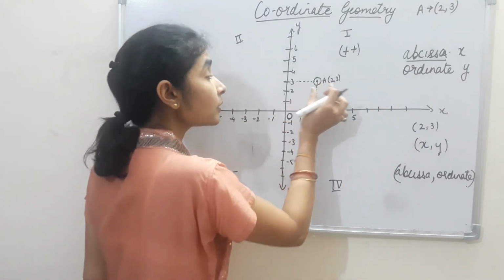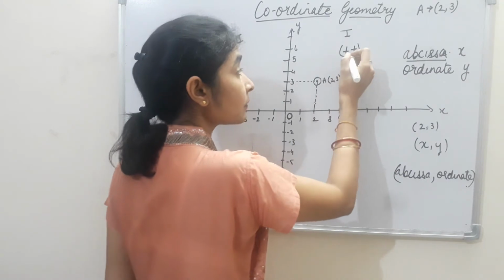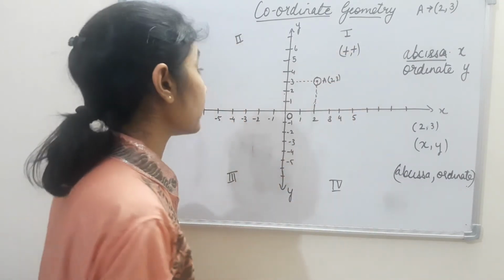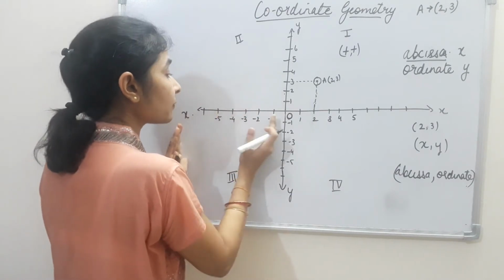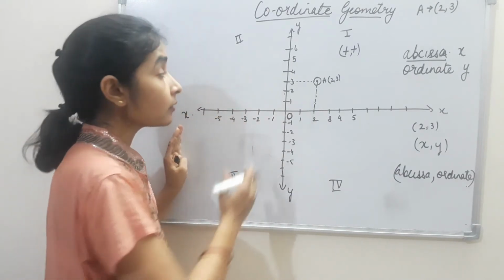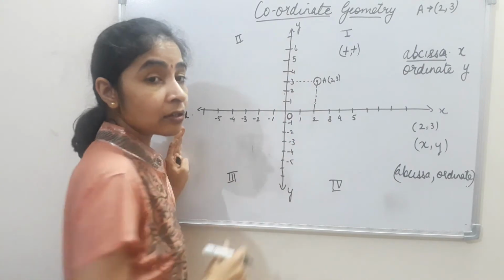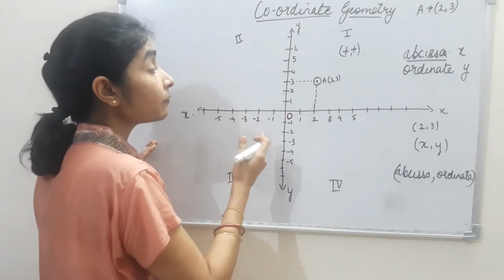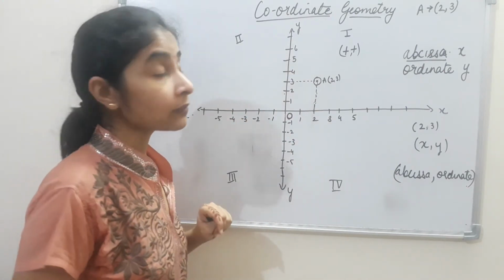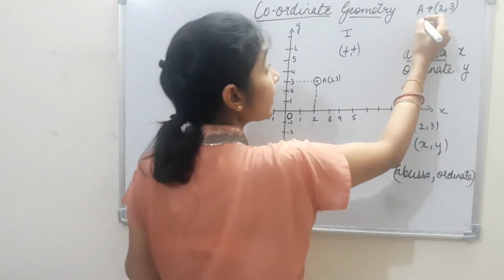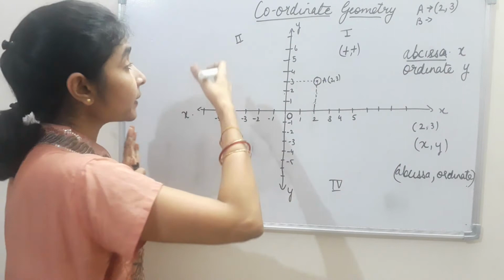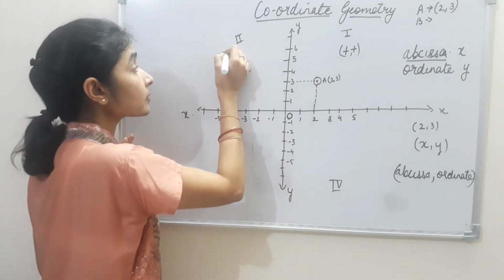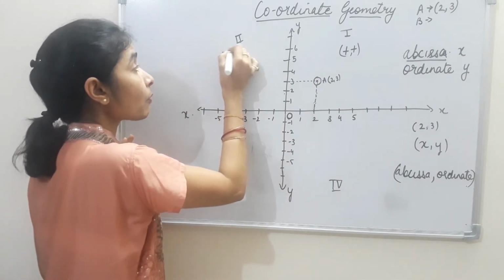So when both the values of x and y are positive, they come in the first quadrant. Now if we see this quadrant, the values of x are negative here and the values of y are positive here. So when we are given x as a negative integer and y as a positive, in which quadrant are they placed? In the second quadrant. So x can be negative here and y positive here.